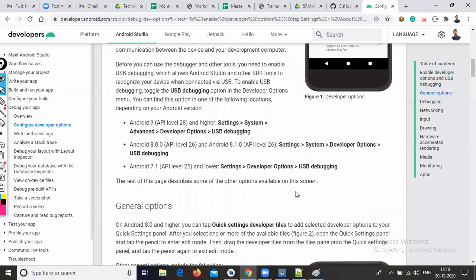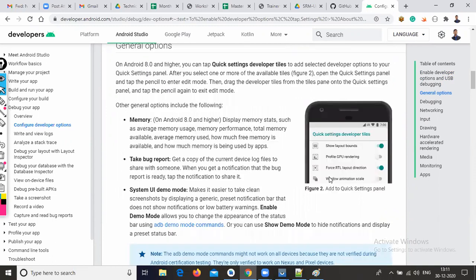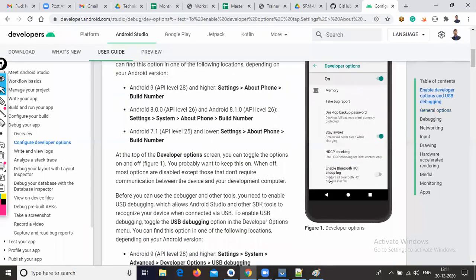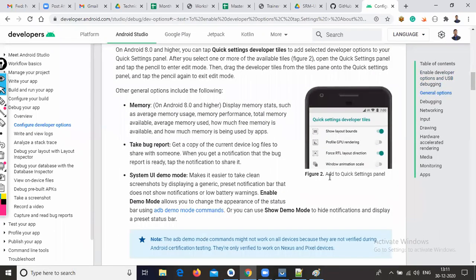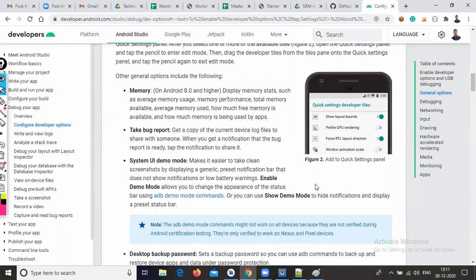In the developer options, the USB debugging option is available. Just click on it. Once you enable the USB debugging option, you get an option like this.